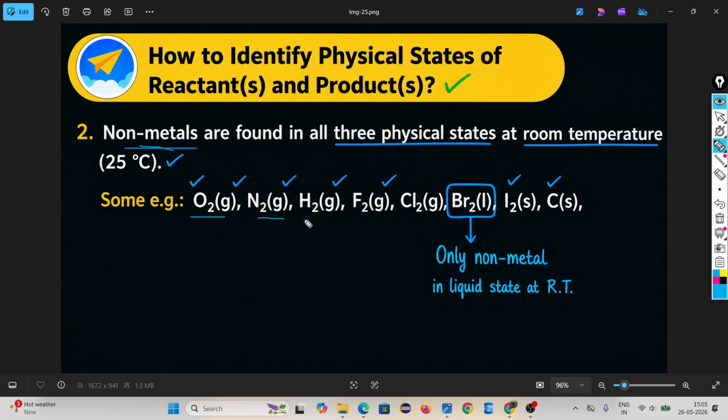in gas, nitrogen gas, hydrogen gas, chlorine gas. But look, bromine is the only non-metal that is in liquid state. Okay, you have to remember, bromine is the only non-metal that is liquid at room temperature, and iodine and carbon are in a solid state. You have to remember. That means we understand metals are always found in a solid state at room temperature, except mercury,